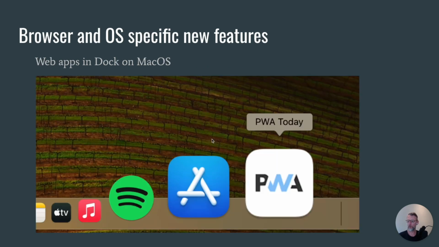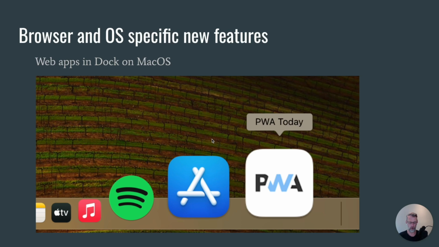There are also some features that have come to macOS. Most notably, you can now add web apps to the dock on macOS. You can do this actually for any web app. It doesn't necessarily have to be a progressive web app, but if you add a PWA to the dock, then macOS will also take the information from the manifest.json file and use that in the icon and